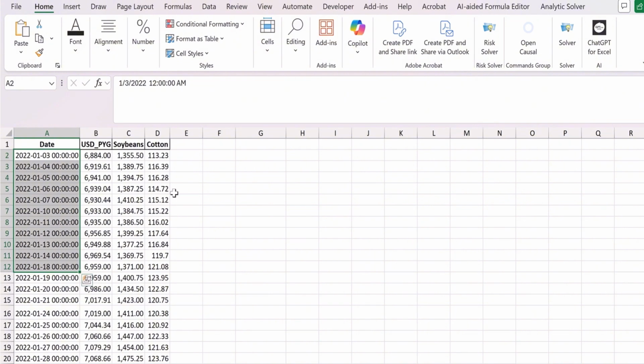So the model can be written as USD PYG equals alpha plus beta times the soybean price. So let's go to the regression analysis of the soybean,